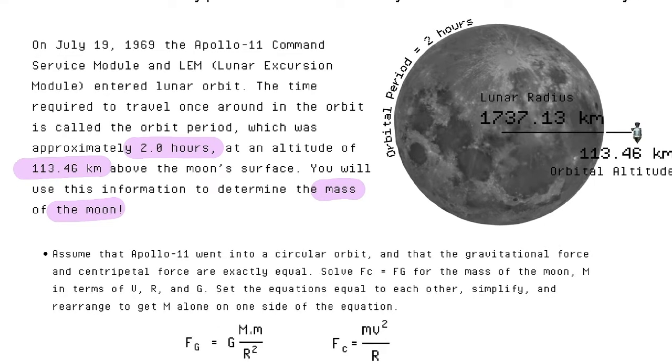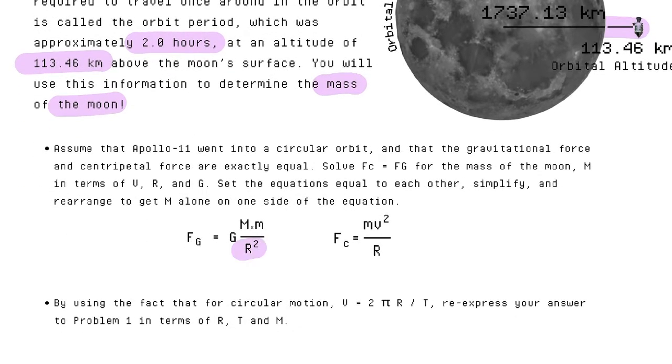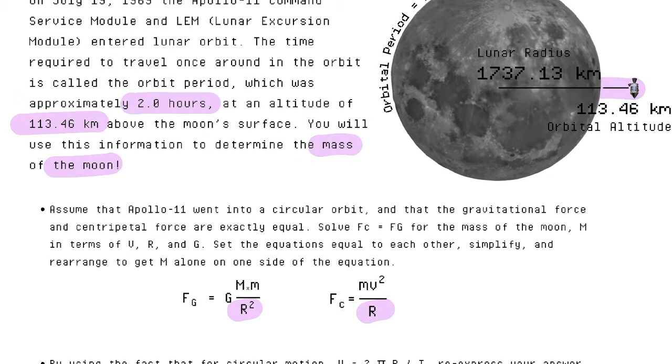So to the right is our diagram, and you can see the 113.46 kilometers is actually just the surface above the moon. And when we're doing calculations involving r, so you'll notice r shows up here, it's actually the distance between the two objects that are interacting. So the module is orbiting around the moon, and we are looking at the distance between their centers of gravity. So technically, we would also need to know